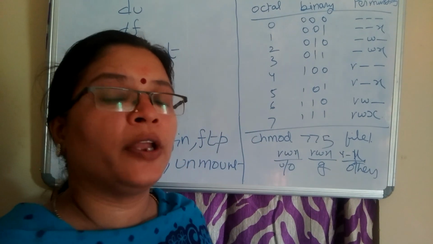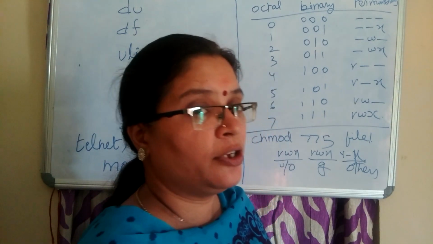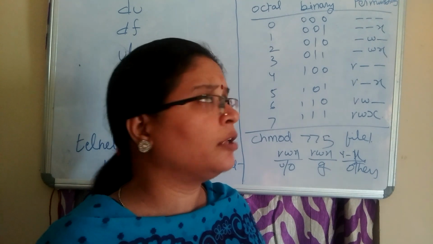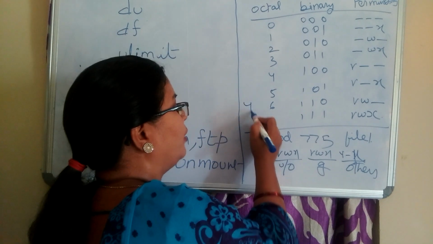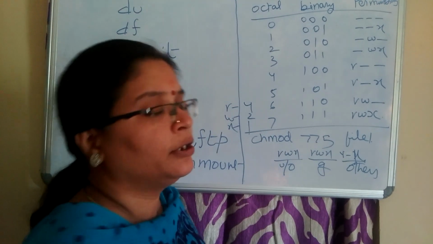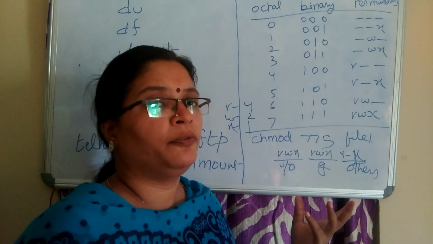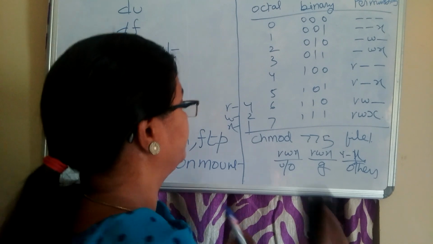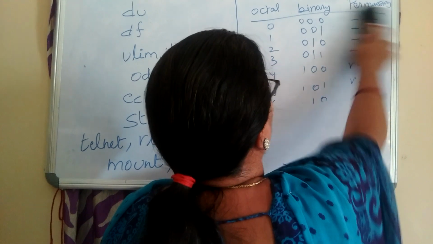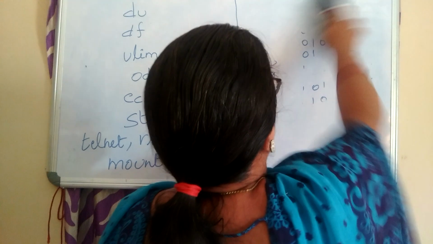Like that, you can specify permissions with the help of the binary notations given in the table of the chmod command. You can easily remember this one instead of the previous one. That one is also easy: 4, 2, 1, that is 4 for read, 2 for write and 1 for execute. You can easily remember that, and this one also. Use both of them as you want. Next, we are going to see the df and du commands.